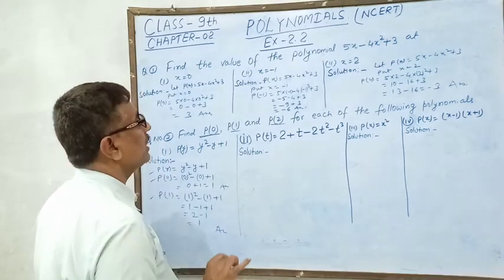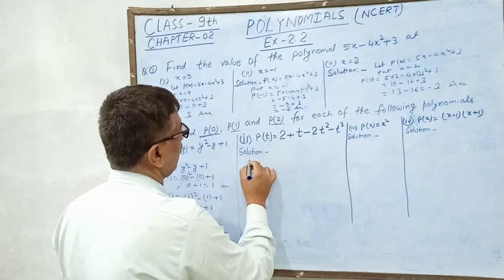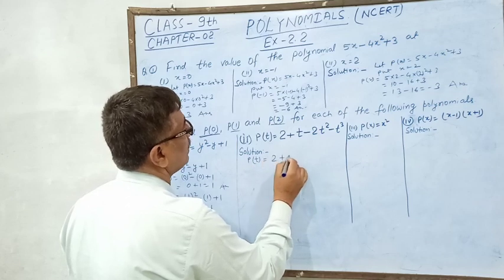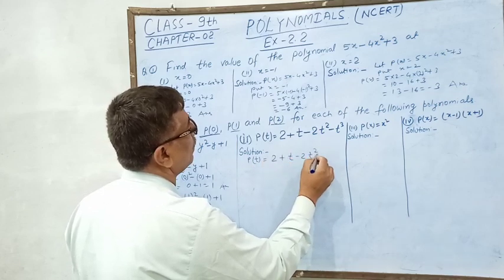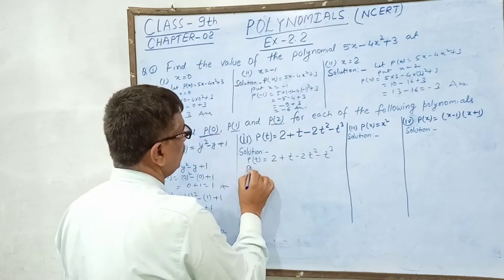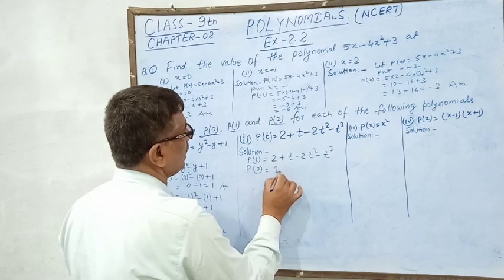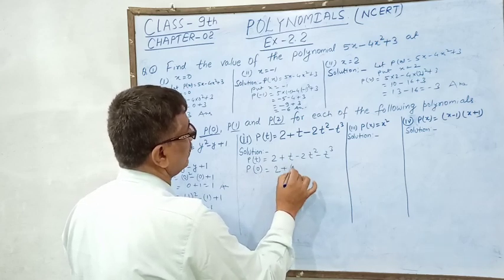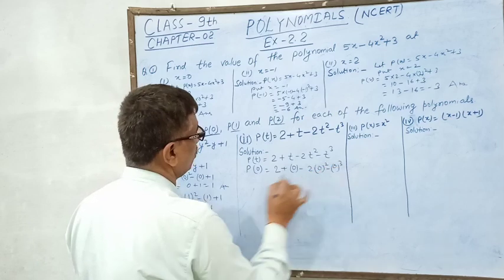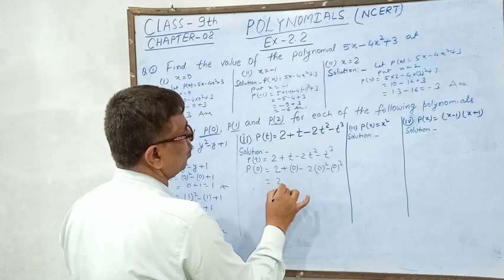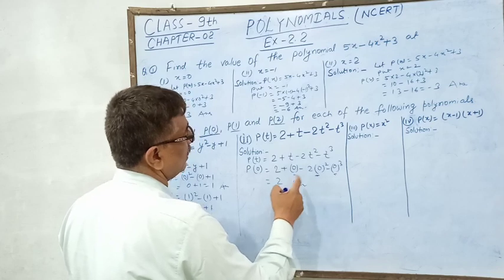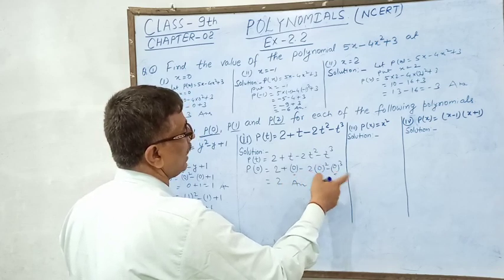Okay, so get proceed. Now for p of t we have to find, so it is defined pt as 2 plus t minus 2t square minus t cube. First we have to find p of 0. P of 0, you put 0 in place of t in both sides. 2 plus 0 minus 2, 0 square minus 0 cube. Understood? And this becomes 2, here 0, and this is also 0, this is also 0. So this is the answer, क्योंकि 0 square 0 into 2 0 होता है.